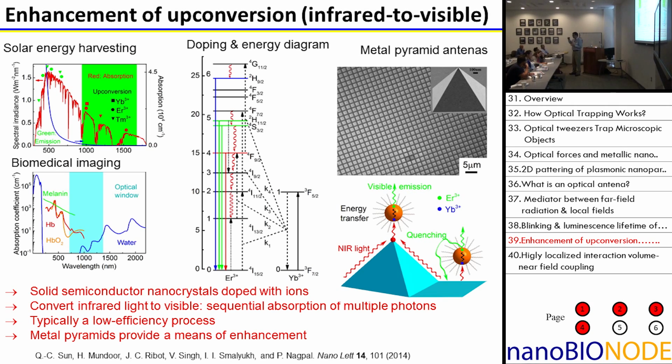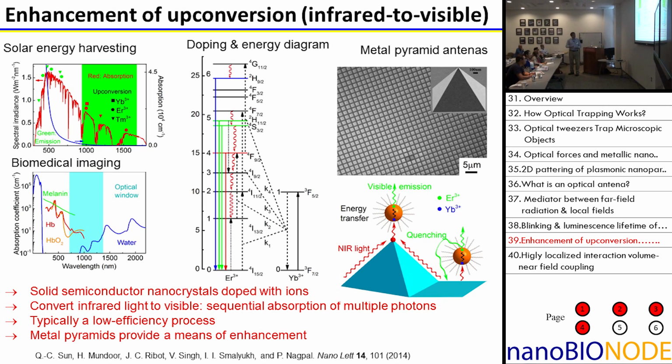That allows you to design the different energy levels in the energy diagram that will look complicated like this, but don't be scared, so that the lifetime on those intermediate levels are long enough and you can absorb sequentially multiple photons, right? So although individual photons cannot breach the band gap, multiple sequential absorptions allow you